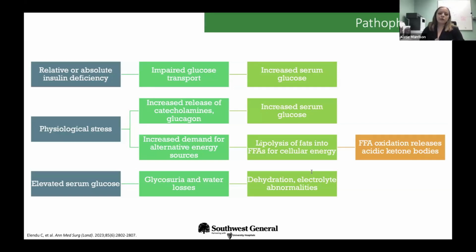So this leads to the lipolysis of fats into free fatty acids for energy. And the oxidation of those free fatty acids is what releases those acidic ketone bodies, causing the diabetic ketoacidosis. All of the factors contributing to elevated serum glucose then further worsens the situation by causing glycosuria and water losses, leading to dehydration, further electrolyte abnormalities. So really all of these things put together are what cause the constellation of symptoms and signs that we see